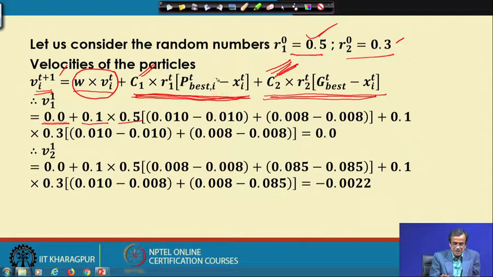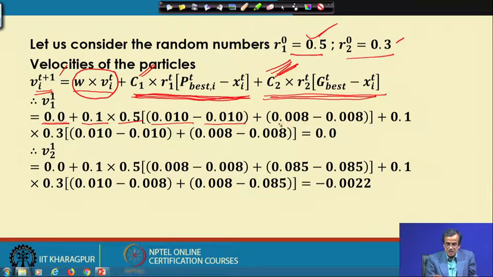Now, the pbest corresponding to the first particle. This is nothing but 0.010, which I have already discussed, multiplied by x_i with respect to t, that means the value of the design variable corresponding to the first particle, that is 0.010, plus 0.008.